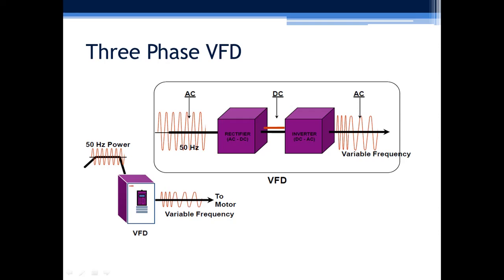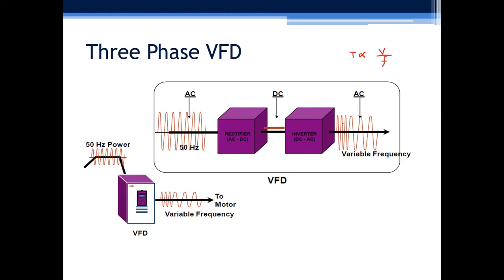Here you can see three important blocks. First we have a load, and that load is driven by a motor, and to drive that three-phase induction motor we need V by F control. We studied that by controlling V by F together it is possible to control the speed while keeping torque constant, because torque here is proportional to V by F.